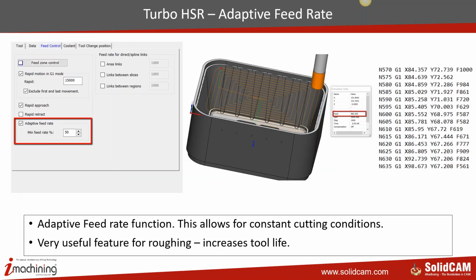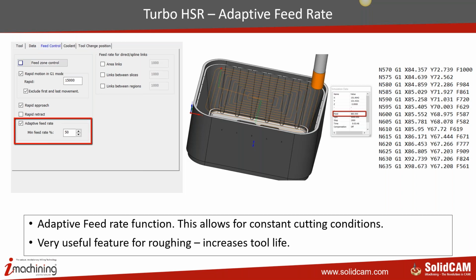Another very important thing is the adaptive feed rate. You can provide the minimum feed rate possible on that particular job with the particular cutter, and SolidCAM will find out the engagement of the tool with reference to the part and adjust the feed rates dynamically on the fly in the toolpath. In most of the cases, it will only drop it down because 100% is